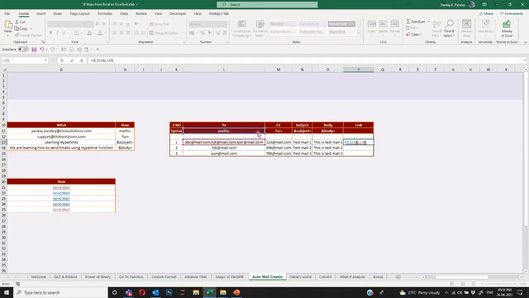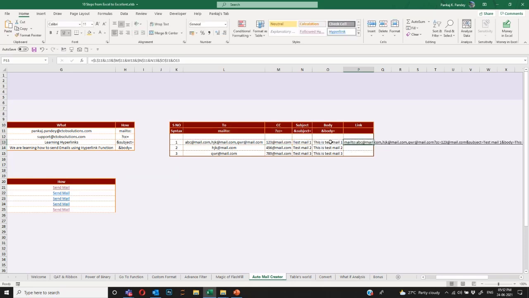After that, CC this ID, then subject, this is the subject, and then last the body of the mail, and this is the body of the mail. Done. So this string is there.